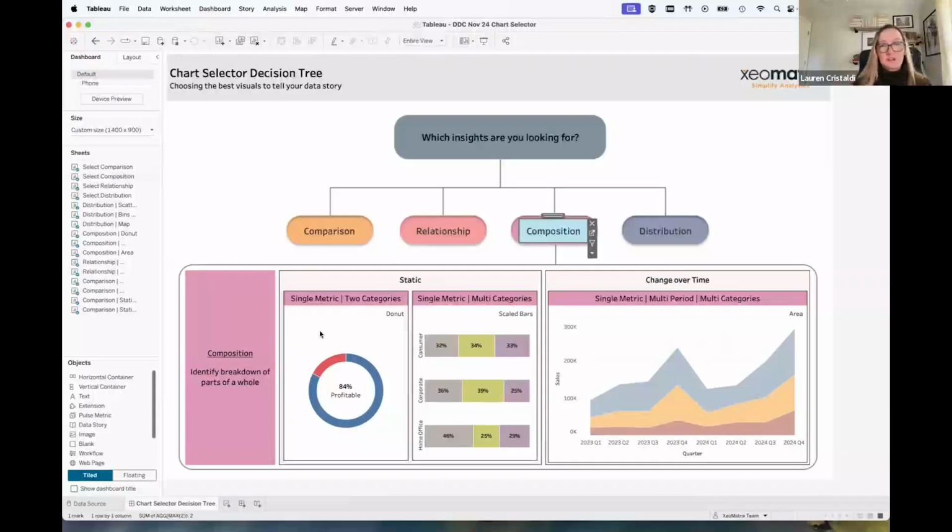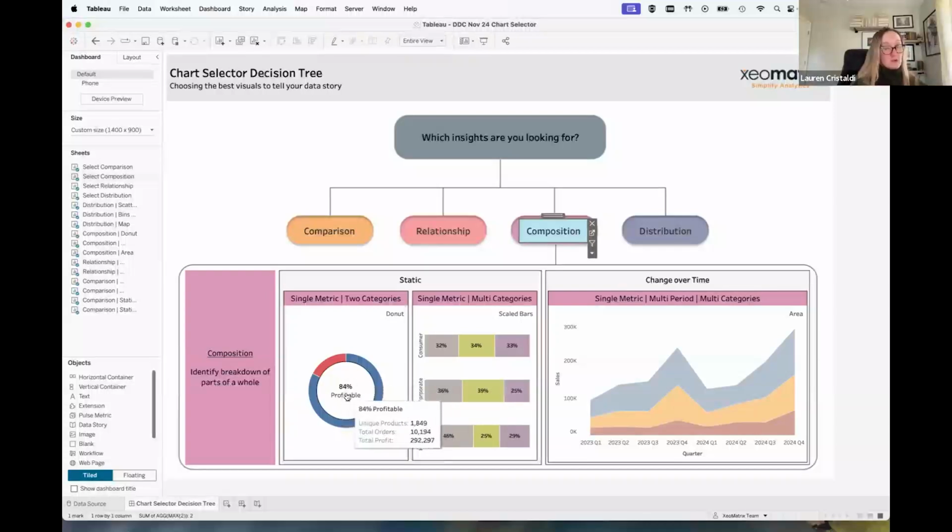Then for your donuts and those stacked bars that are scaled, I want to see the percentage breakdown of different parts of the whole pie. Based on what I'm asking, I want to see, okay, out of all of our profits and sales, what percentage is our company actually profitable?